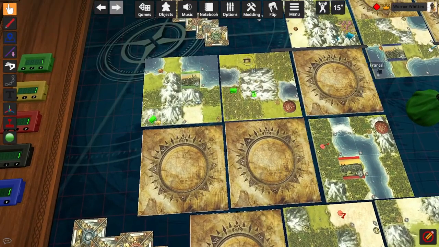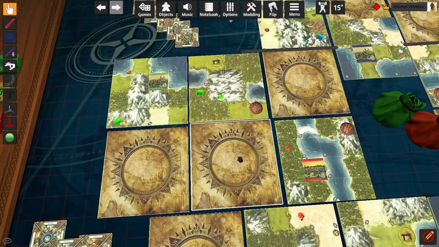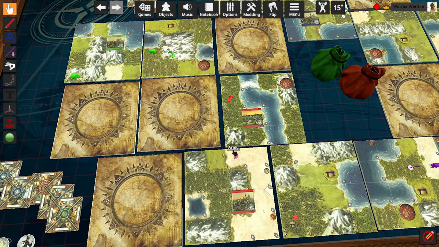Heck, I could go for Napoleon. Like, look at this. If I really wanted to, I could go for Napoleon. That would be stupid, but I could. There's nothing really stopping me from putting a city right over here on this tile. If I put a city here, I could just go straight for Bismarck. But anywho, I need to...